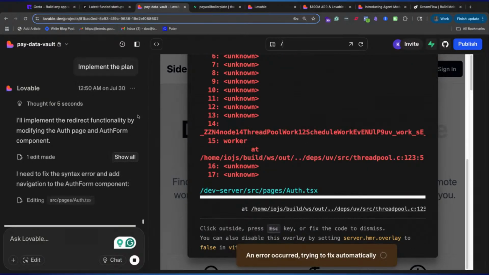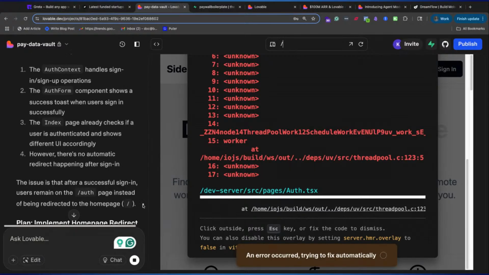It's fixing automatically. There's an error that happened. It's fixing it. Okay, so as this is working,